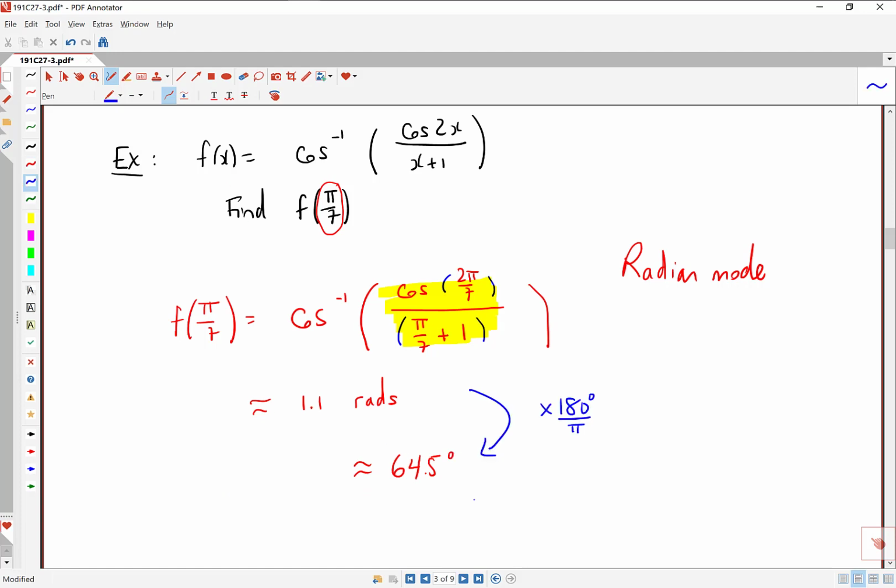So as I mentioned on the previous page, the applications we're going to be looking at in this chapter mostly use the arcsine and the arctan function. We won't be talking about arc cos as much, but it was probably good to practice putting it into the calculator just in case it comes up. So that wraps up our review of inverse trig functions, and now we're ready to jump into the derivative part